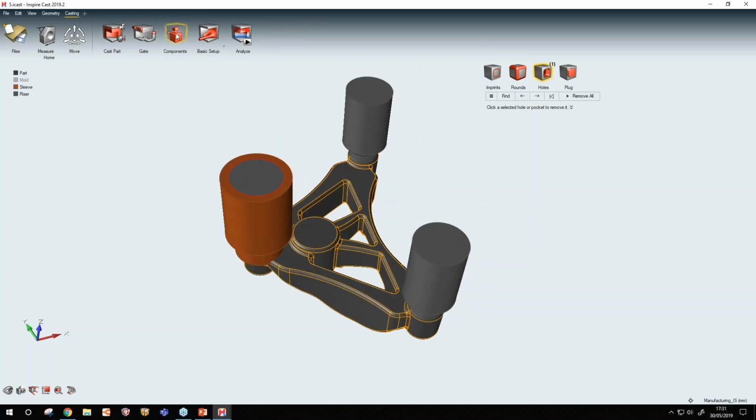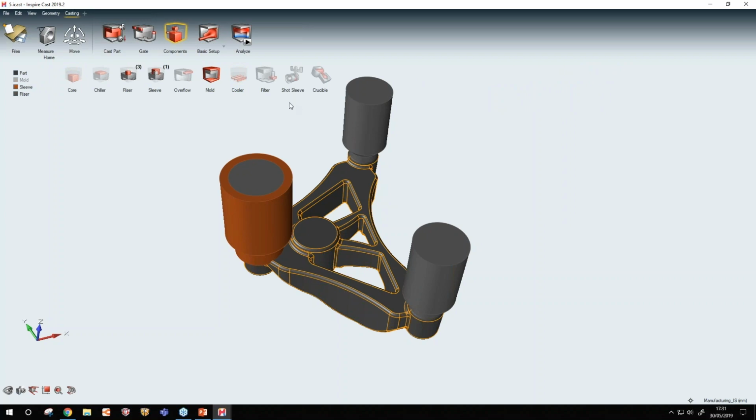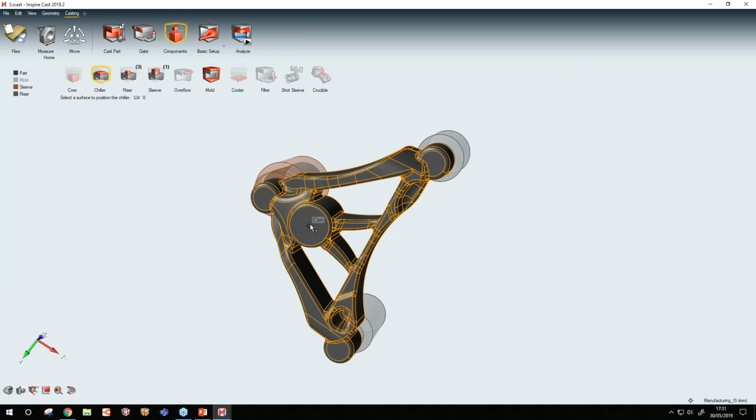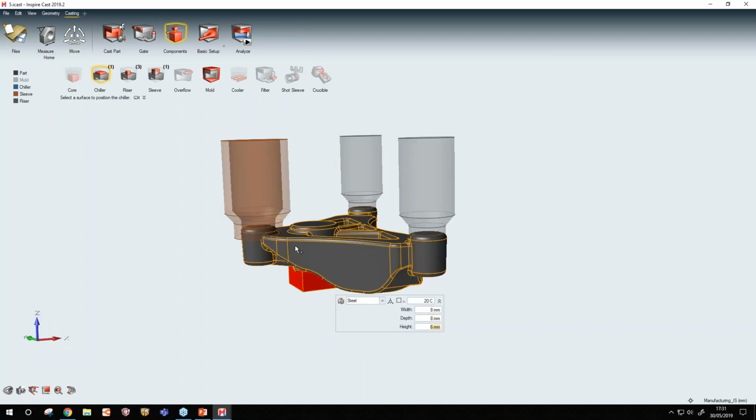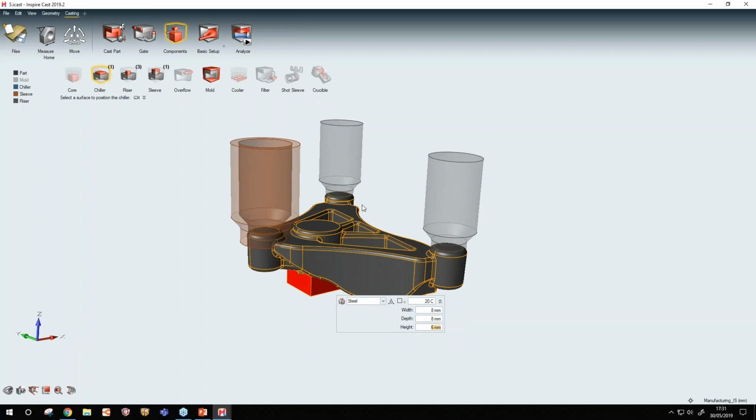Let me just mention what other components we can add. We can add core systems, chillers. Chillers is a kind of component that will help us to cool the part faster. So we can change the size easily from here. Okay, and 6. So as you can see, we can add a chiller component at the bottom of the part. We can add risers, as I mentioned. We can add sleeves. We can add overflows, mold that is here,